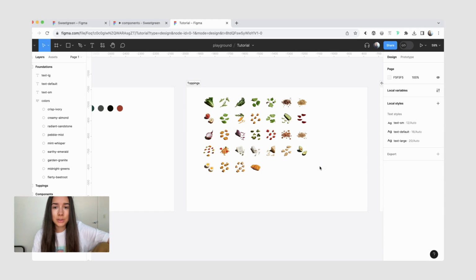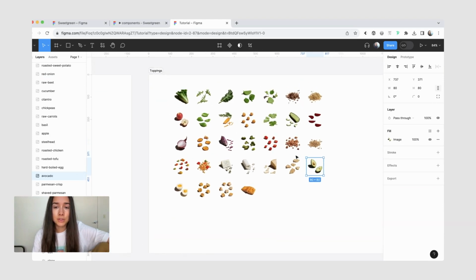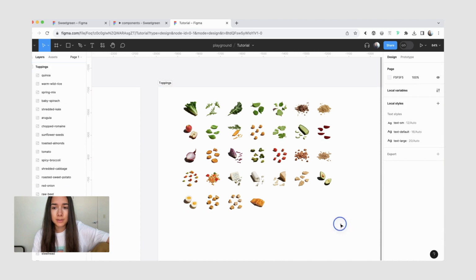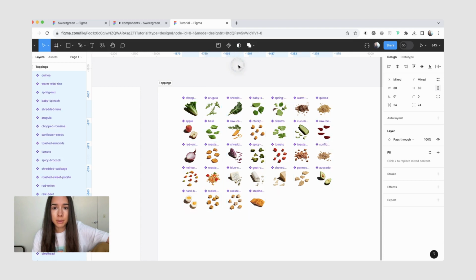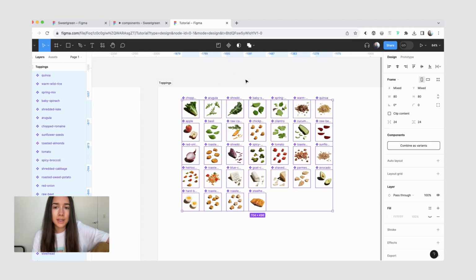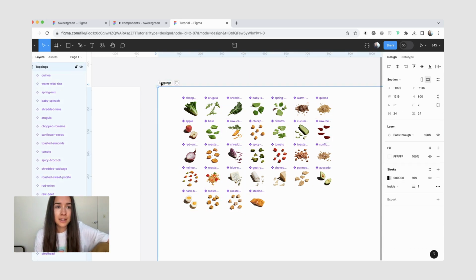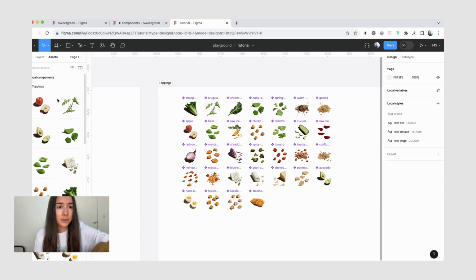The next thing I'm going to do is go ahead and turn these images into components. And this will be useful for instance swapping later on. So I'm going to go to this icon here and create multiple components. You could maybe do a set and then just have everything as a variant. As I was running a test for this tutorial, this approach ended up working for me. And because it is inside a section, when you go to your assets and look for components, they are grouped nicely under this toppings header, so they don't really get mixed up with other components.